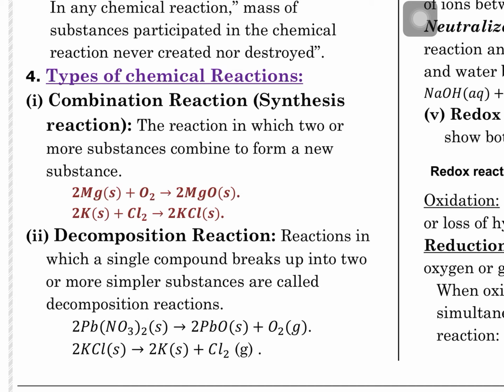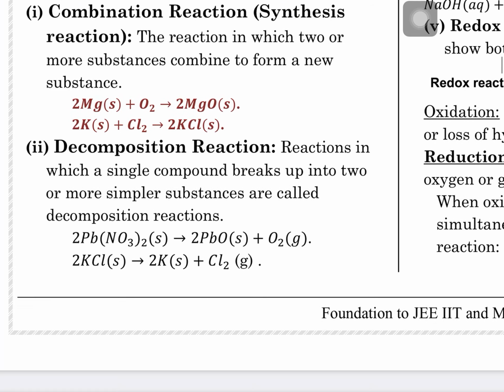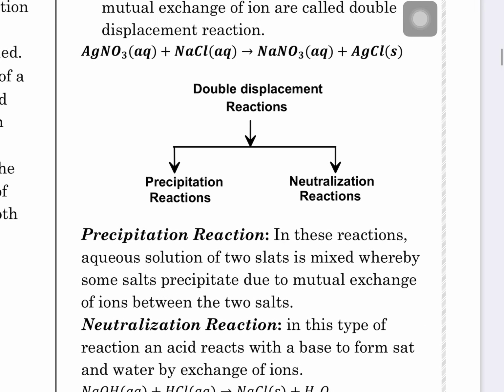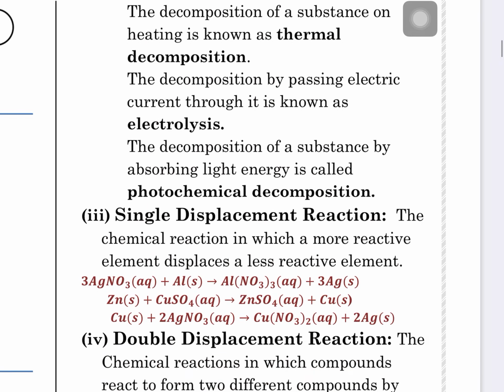When magnesium is burnt in the open or in the laboratory of your school, a whitish powder is obtained. This whitish powder is magnesium oxide. And when this magnesium oxide is dissolved into water, what will happen? If you dissolve it in water, its hydroxide will form here. Next is the decomposition reaction, the second type. Further I will explain the third type of reaction, which is displacement reaction.